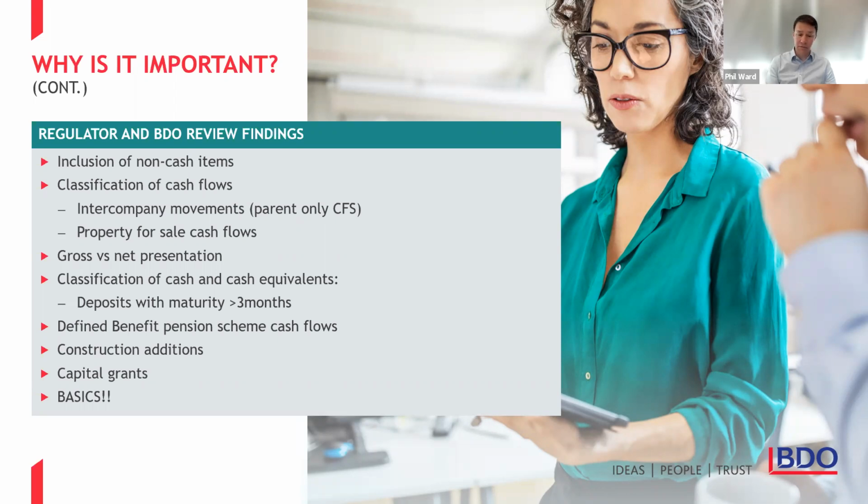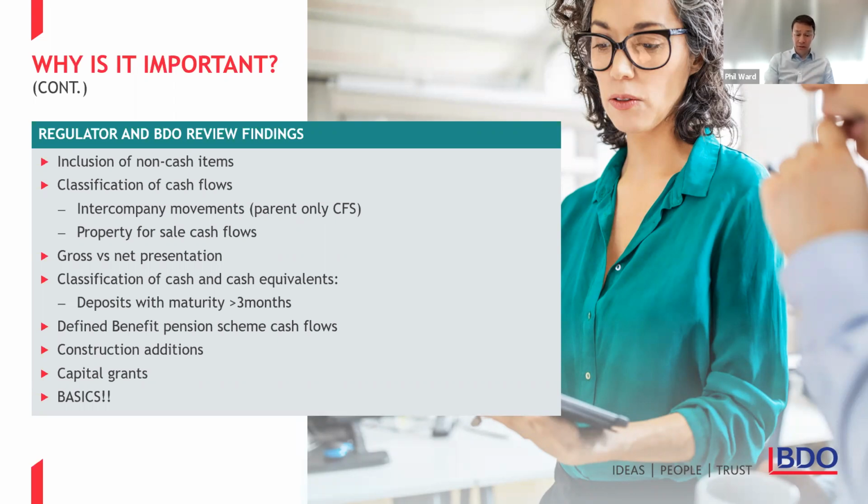Several cash flow misclassifications. So particularly in the case of entity-only cash flow statements where intercompany cash flows weren't correctly classified. So less of an issue in social housing, where entity-only cash flows aren't necessarily the norm, but it is an important consideration where you are presenting entity-only cash flow statements, making sure you pulled out any intercompany financing transactions or intercompany investing activities, for example, where you've got a DevCo.